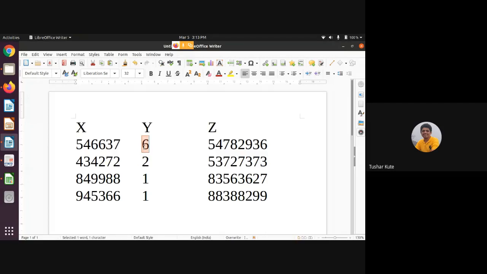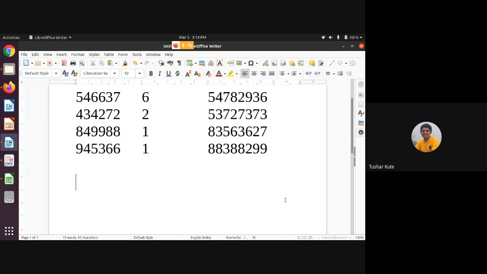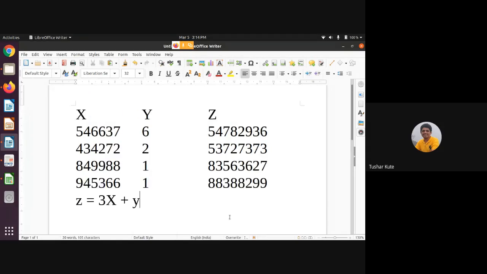Say we write a formula: z is equal to 3x plus y. Now if you delete y, how much impact will there be? No impact, because 3x dominates directly. y is not having any impact.